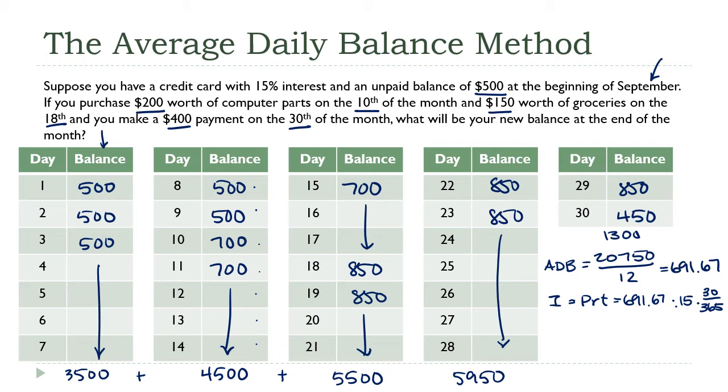All right, so now you go to your calculator again, 691.67 times 0.15 times 30 divided by 365 is